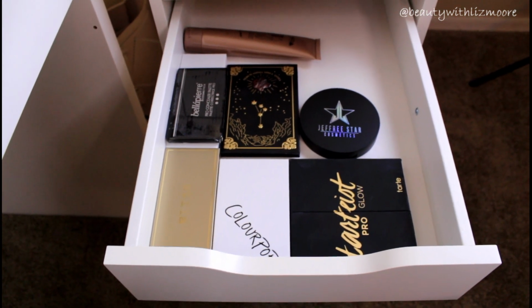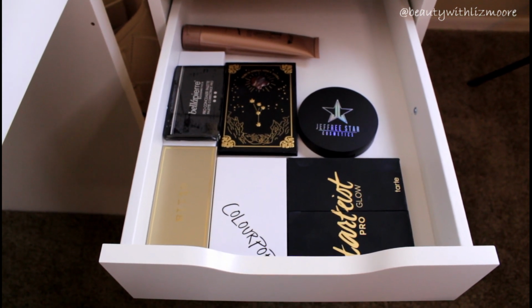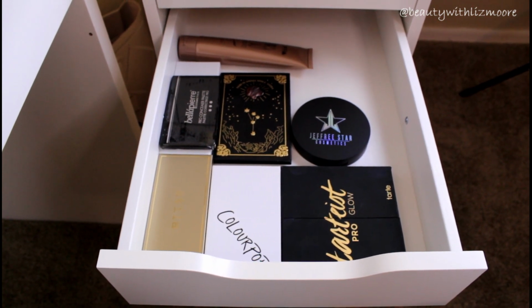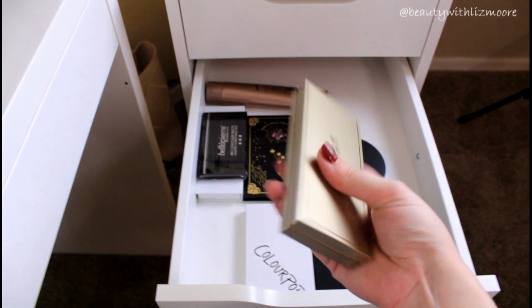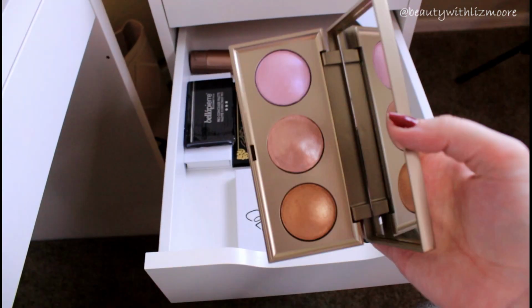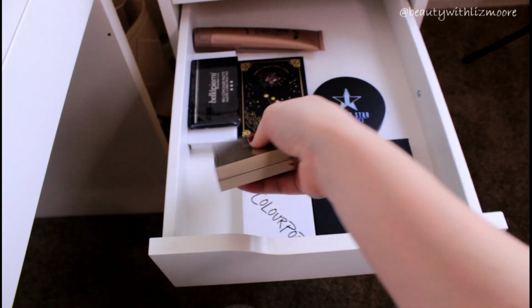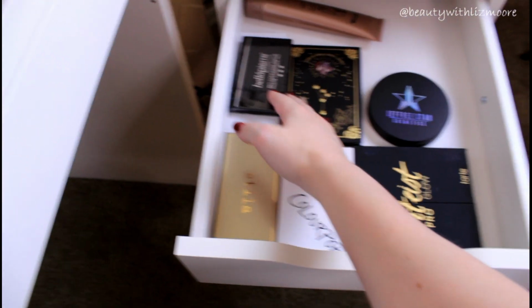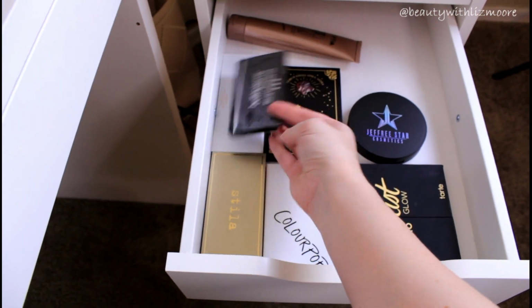And then this second drawer holds more of some face items that I don't reach for a whole ton. I have my Tarte Pro Glow. I actually really like it. I need to use it a bit more. I just need to start reaching for it. Then I have a ColourPop highlight and blush duo. These Stila highlighters, a Starlight Star Bright highlight. They look like that, the kind of squishy ones. So I just have that trio,